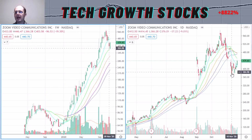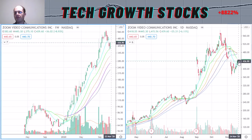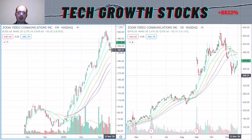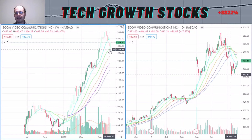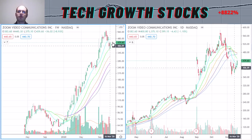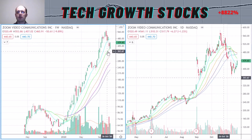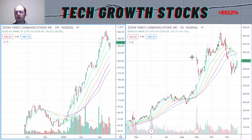and since then we have been consolidating. And now it looks like, as you can see, we are bouncing back and forth. Looks like Zoom wants to find a bottom here. So here you can see this is a weekly chart, and you can see Zoom this week just bounced off the weekly moving 100. So it's a 100-day moving average, which would correspond to the 20-week moving average. So it just bounced off that moving average, which is a favorable sign, and I think an excellent entry point